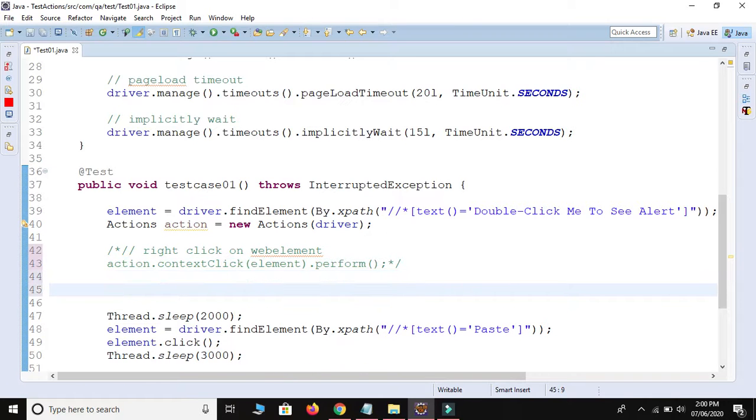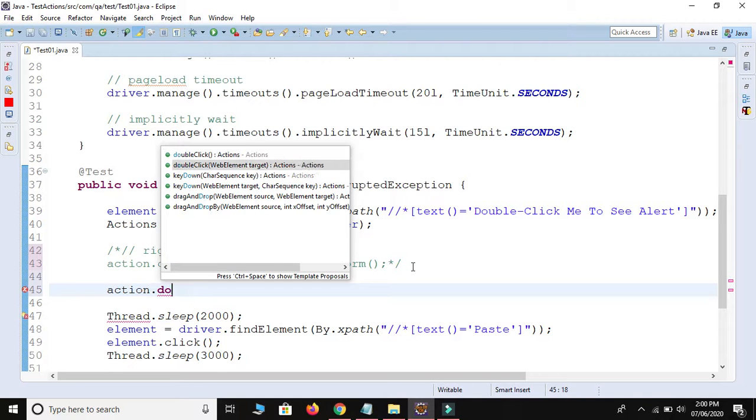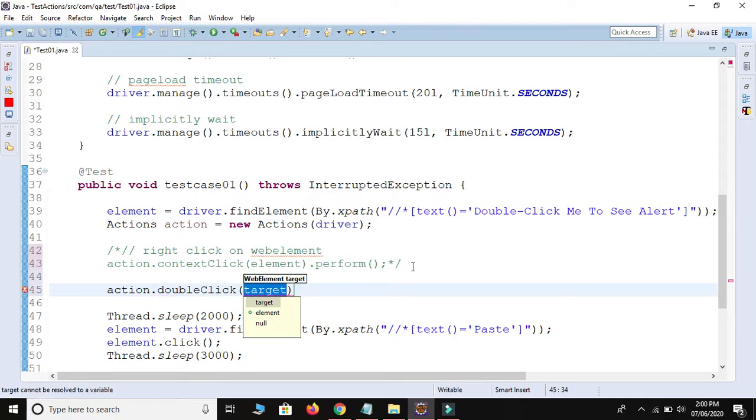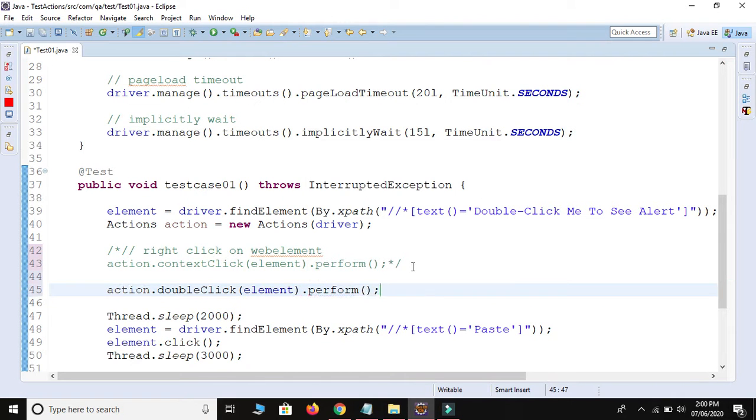Now how to perform the double click action. Okay, so again we use the Actions class, so we use action dot, see, the doubleClick method is there, doubleClick, and we need to provide the web element, meaning on which web element we need to double click. The web element we already inspected, so I will provide our web element over here, and dot perform method is compulsory, right? Dot perform. So it will double click on our web element, then it will wait for 2 seconds.